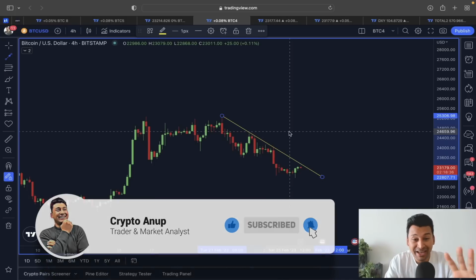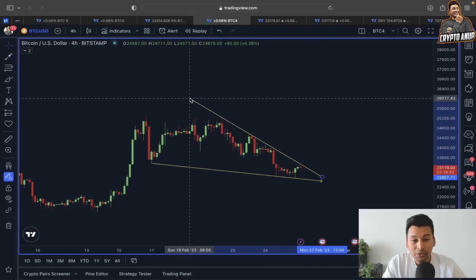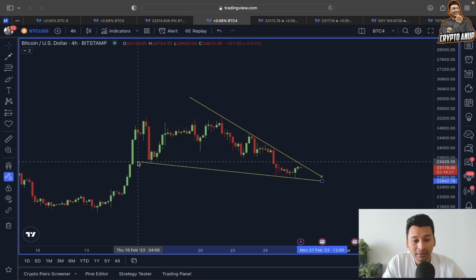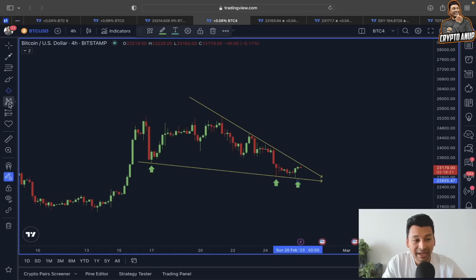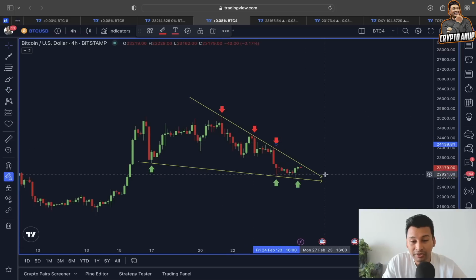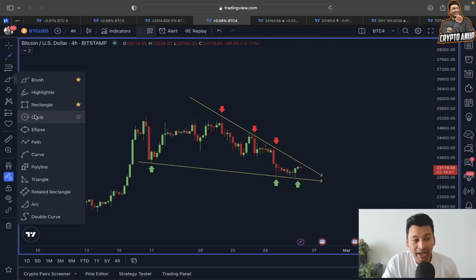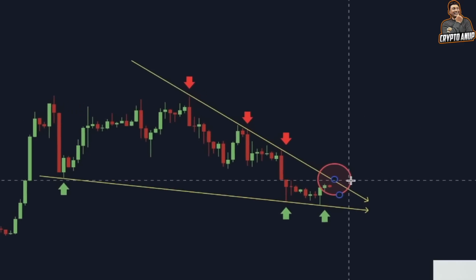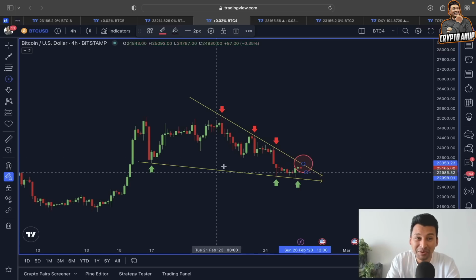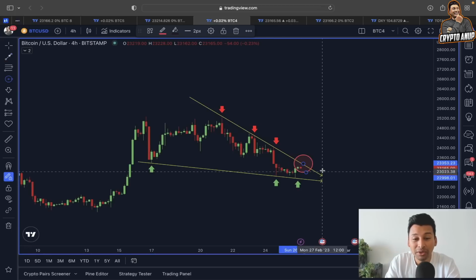Now, if we look at this price structure here like this, in a 4-hour time frame, you can see the lower line here is a strong line of support, right? You can see support. Upper line here is acting as a line of resistance, which can be seen very clearly. So if the price of Bitcoin here wants to continue this uptrend, then we have to, guys, we have to overcome this resistance line around 23,300 to 23,350 range. That's why I just showed you with the previous example. This trend, if it wants to continue further here to the upside, we need to overcome the resistance which we have around